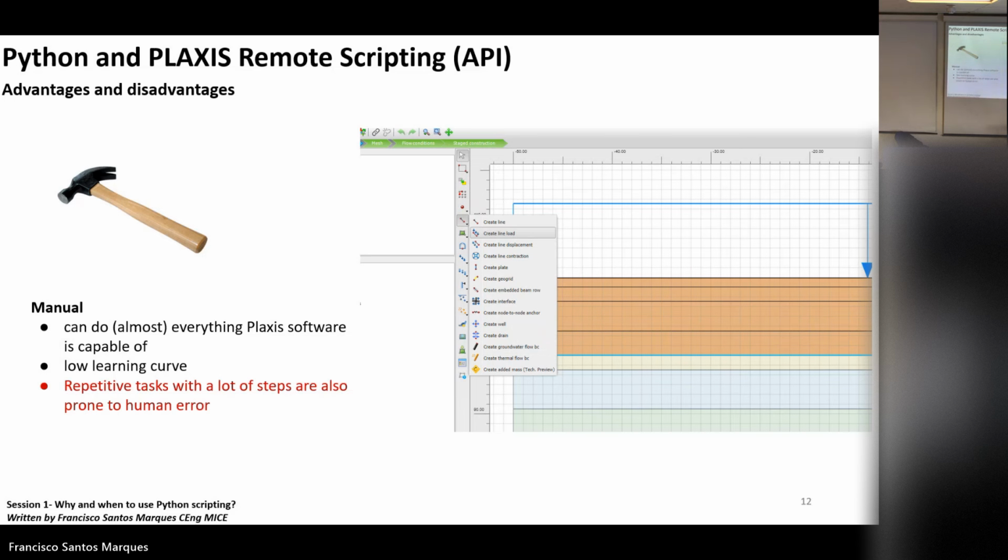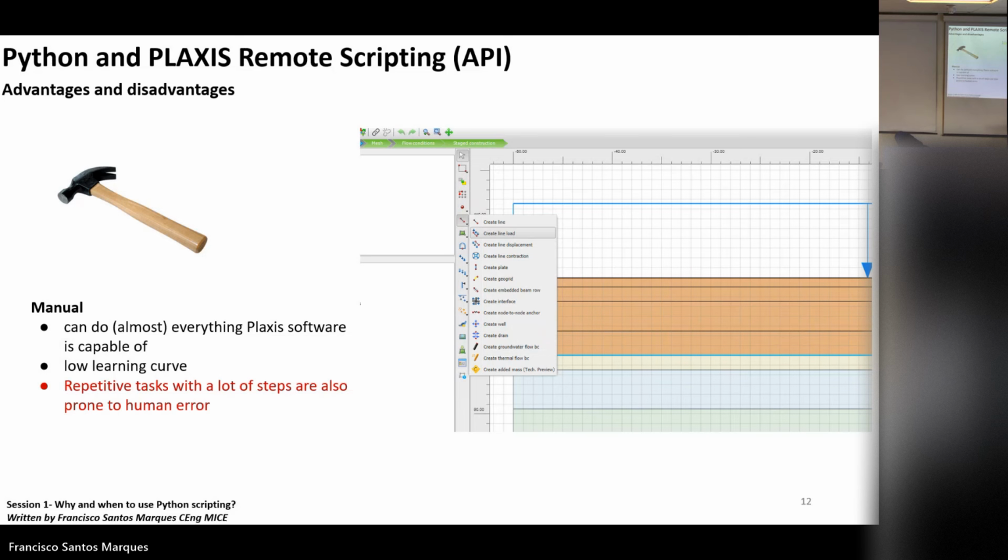But of course, there are disadvantages, because if you have to repeat this several times. If it's one line, fine. But let's assume you have a 3D model and you are supposed to create, say, 100 piles with different lengths, in different locations, with different pile platform levels and different toe levels. If you try to do this manually, not only is it going to take a lot of time, but with such repetitive tasks, at some point you become so tired that you're going to be prone to mistakes.